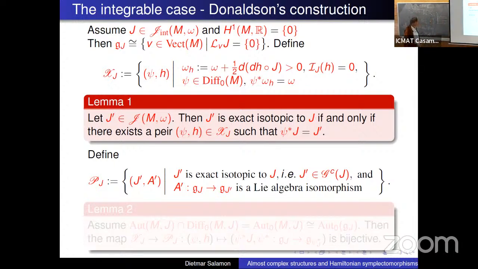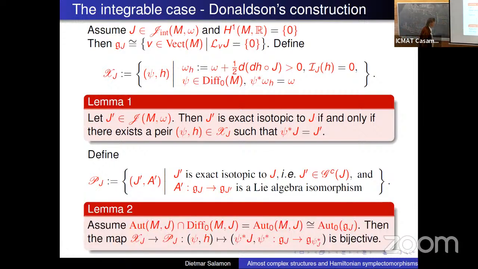And this would be, I think, the right way of defining the space of Kähler potentials in this more general situation by taking Pj and dividing by the Hamiltonian group. And an indication why this is the case is that, under suitable hypotheses, automorphisms of J which are isotopic to the identity are the same as those automorphisms that among automorphisms of J are isotopic to the identity. And if also this is isomorphic to the automorphisms of the Lie algebra, which is at least true in some cases,